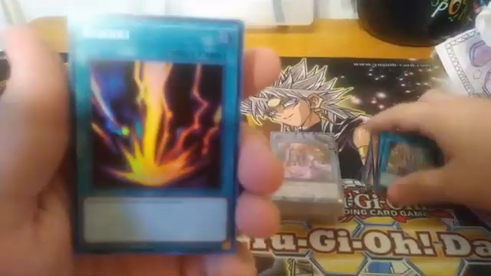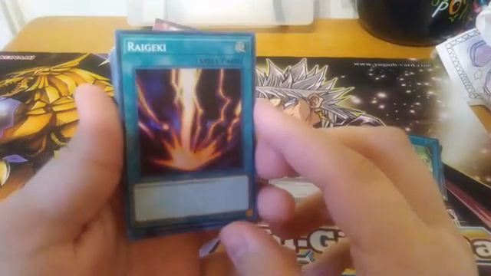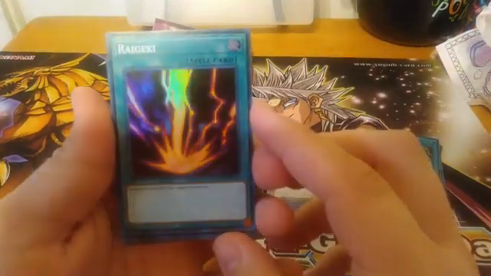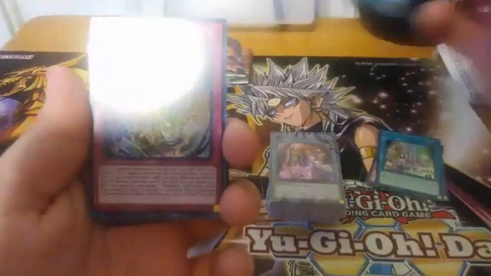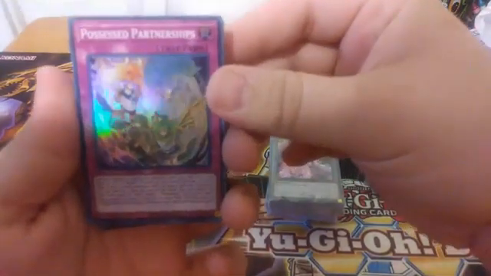Now we get into our commons. Or, I'm sorry, not our commons, our supers. So we do get a super rare printing of Reigeki. They have given us a lot of reprints of this over the last couple of years, so it is thankfully not at that $20 price point anymore. We have Possessed Partnership,